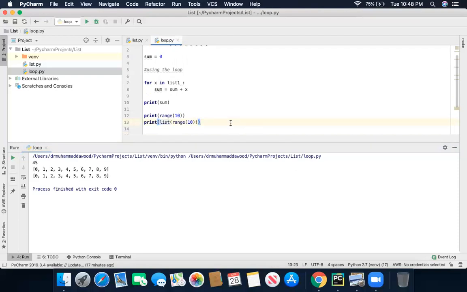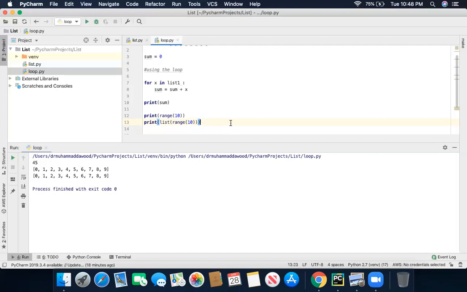Range, list, this 10, and then what? There's some error, man. I need to write it again.